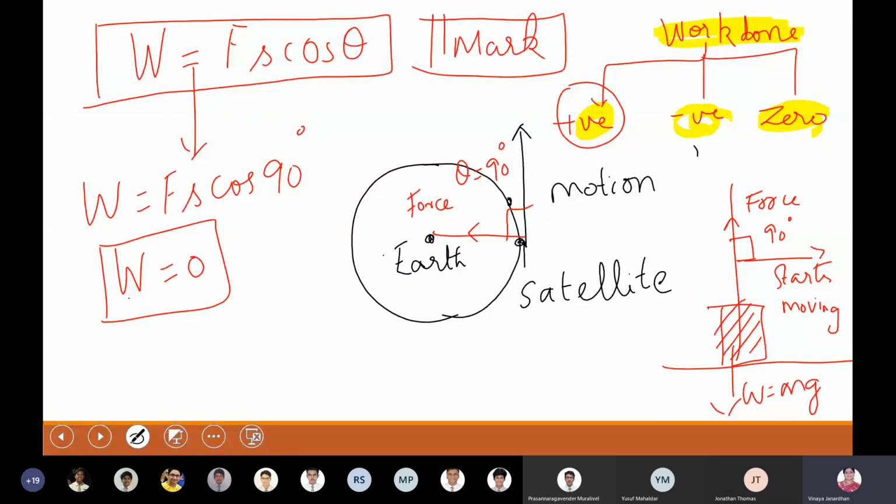At every point there is a force acting on the body in the upward direction as well as in the downward direction, because the downward force is your gravitational force, but the person who is carrying the block has applied a force against this gravitational force. So the force is acting vertically upward. Literally, the body is moving along with the person who is carrying it. It's not actually that the body is in motion. So the work is zero in this case. In this case also the work is zero. We have to analyze, boys.